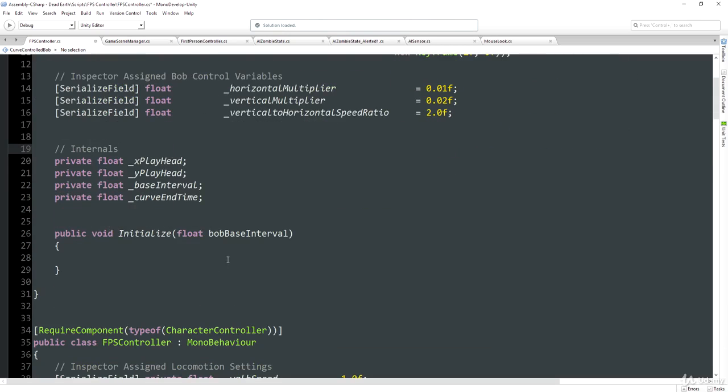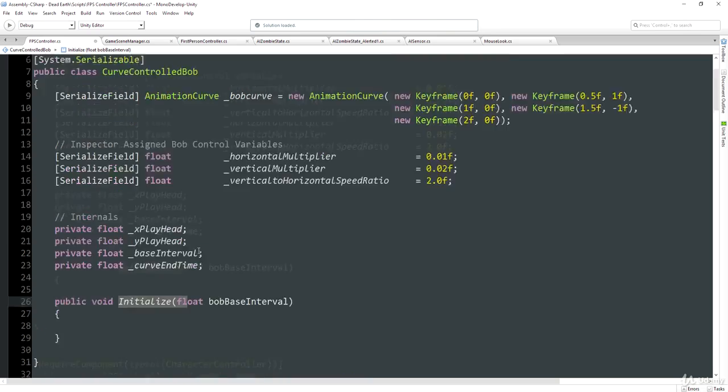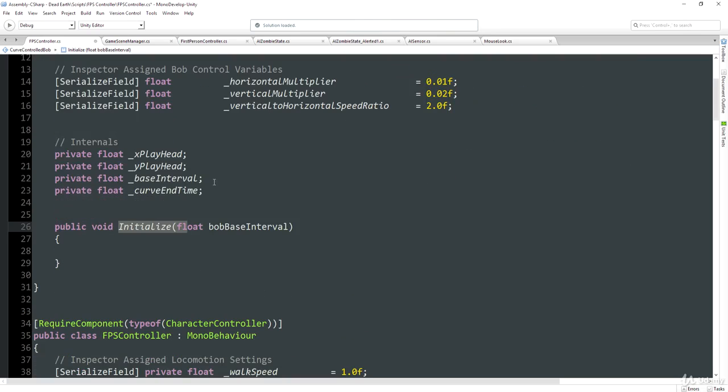So let's create the first function. It's called initialize, and our FPS controller class is going to need to call this from its start function to make sure that our curve controlled bob class has everything it needs later on. It's going to be passed the bob base interval. This is exactly the same as the base interval. We're just going to copy that value into our base interval private member. Like I said, this is going to be used to control the speed at which we step along the horizontal axis of this animation curve with each update. In other words, it's just our way of controlling how the speed of our controller is mapped to horizontal movement